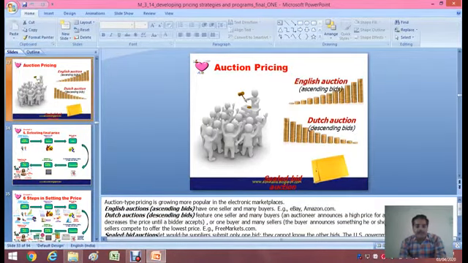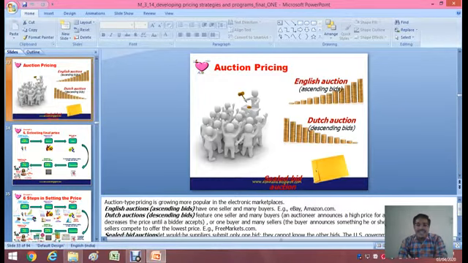electronic marketplaces. English auctions have one seller and many buyers, for example eBay, Amazon.com and the like. These are types of electronic marketplaces, under e-commerce. In English auctions, ascending bids are followed, under which there is one seller and many buyers.